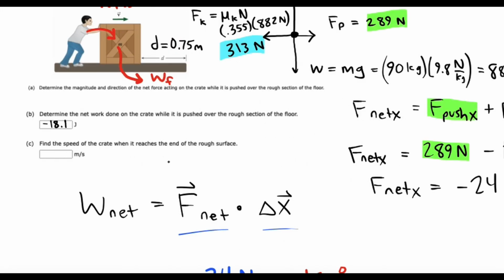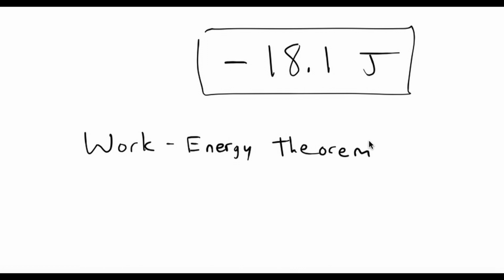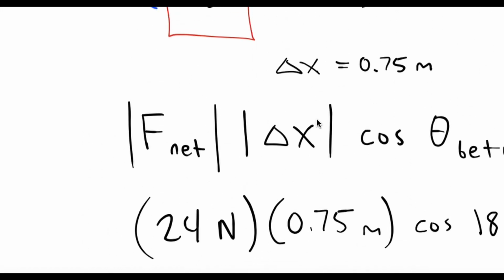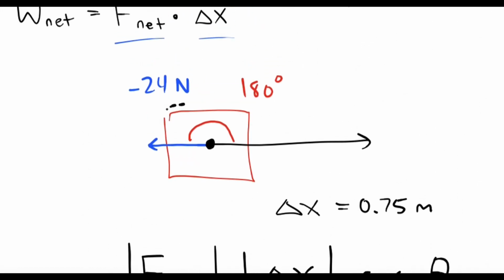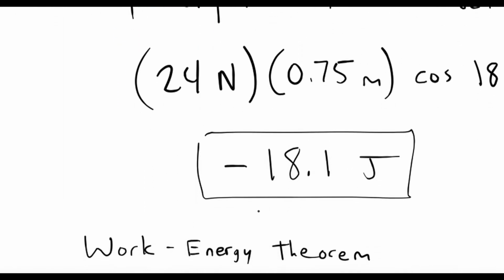Now we have to find the final speed of the crate when it gets to the end of that rough patch. You'd really want to use the work energy theorem, because even though energy is conserved in the universe, it doesn't mean it's conserved in every system. So what's our system? Just the crate. Energy is not conserved for just the crate. Some energy is coming into the system from the guy, but a lot more is leaving the system through the floor. So we have a net loss of energy,